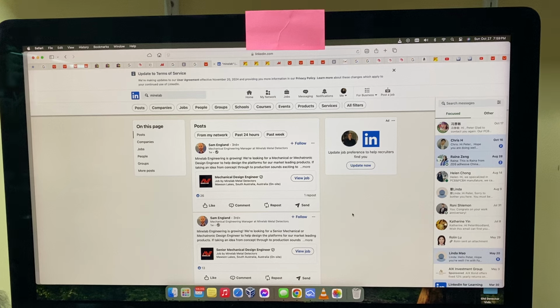I hardly ever look, but I've been on this since it first started many years ago, but I don't use it. I've never paid for membership or anything on it. I was just having a bit of a cruise, looking up some information on another company,